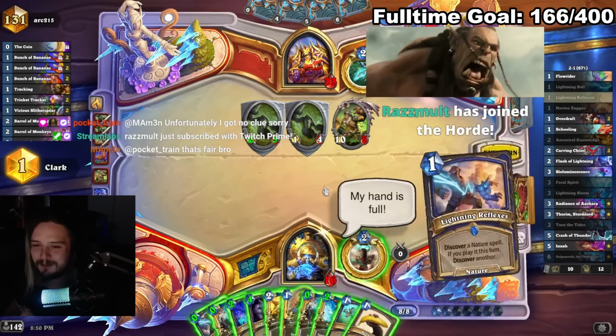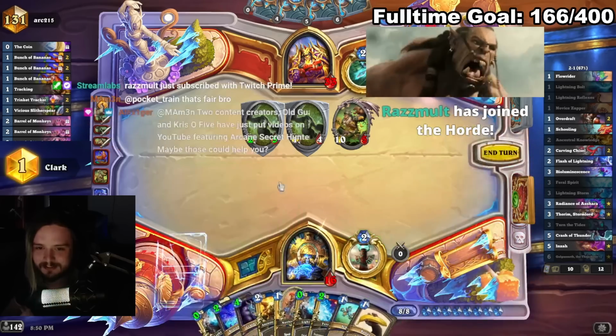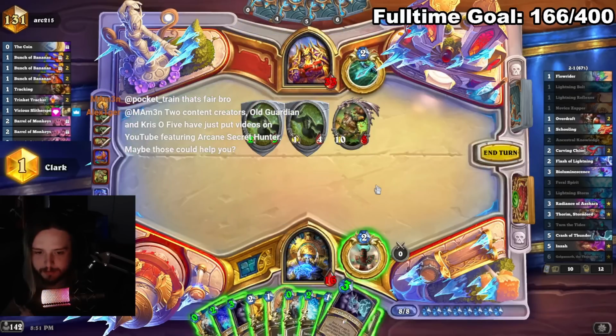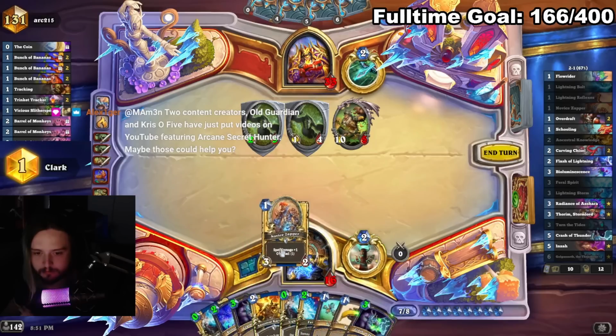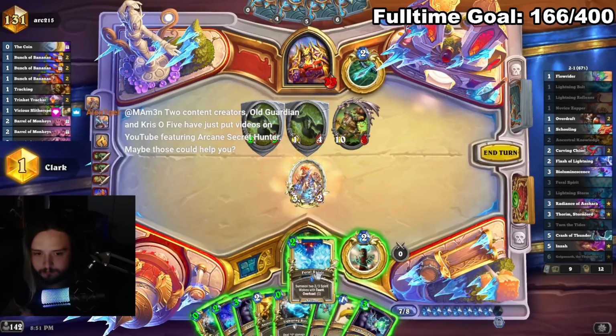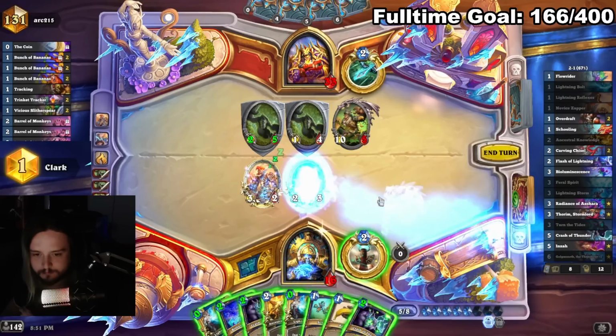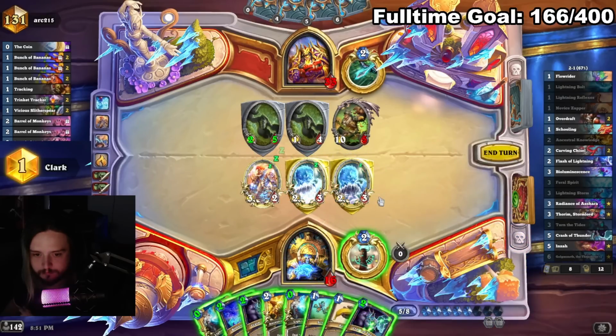Yo, Razmal coming in with the Prime Gaming. This lethal's for you. We gotta find it though. Wait, another bio, or is it? It's gotta be damage. It 100% has to be damage here. The storm is in me. So if I get it to 8, which is...